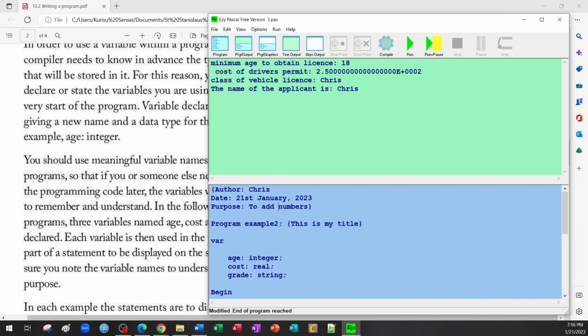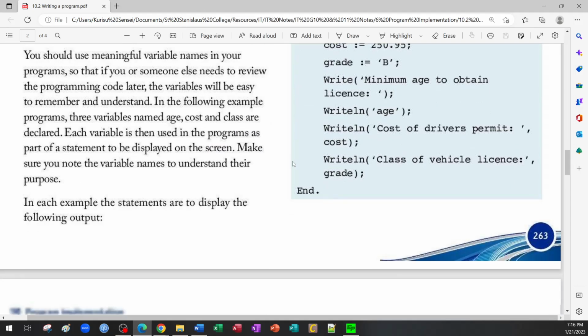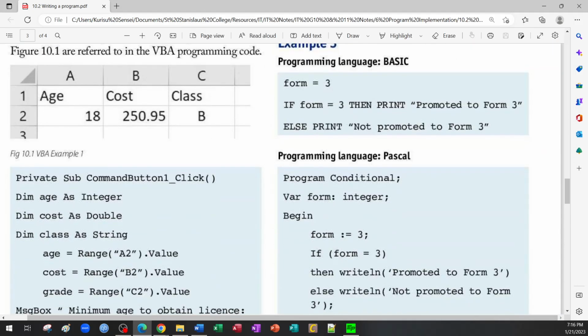Now, let's continue. Give me 1 second. Let me check for this